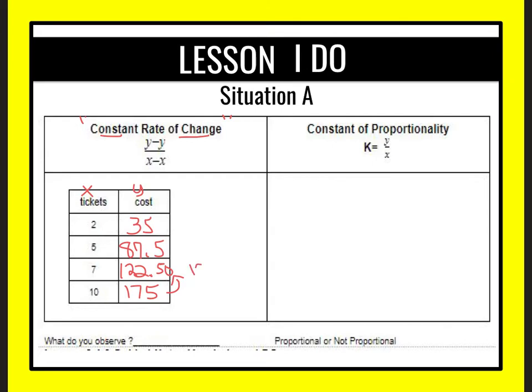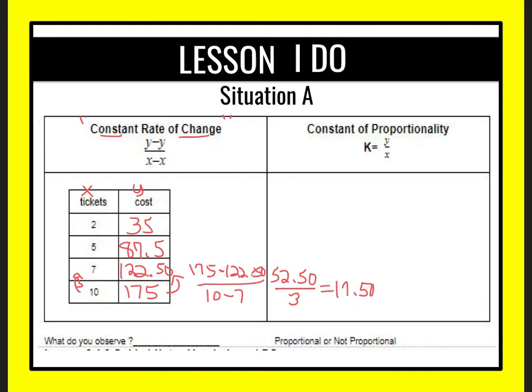So if I do 175 minus 122.50, and I divide that, when I subtract 10 over 7, which I know has a difference of 3, I'm going to get $52.50 divided by 3. And when I do that, I actually get a constant rate of change of